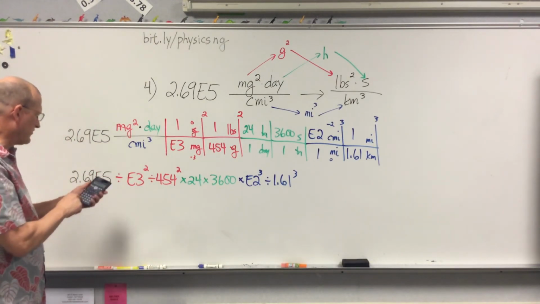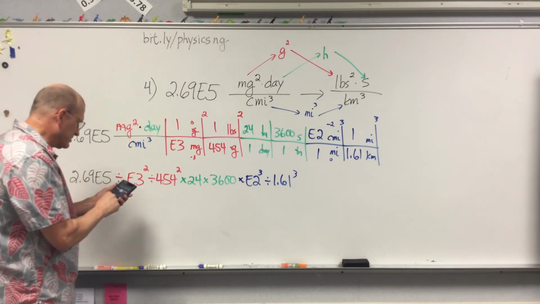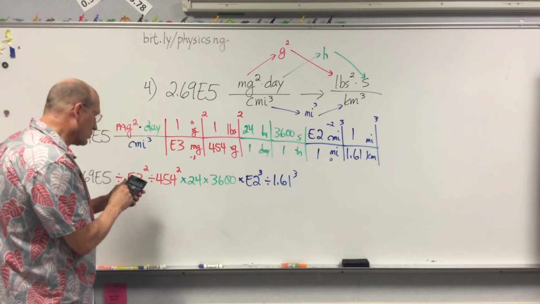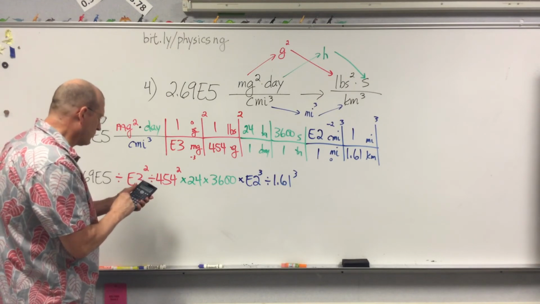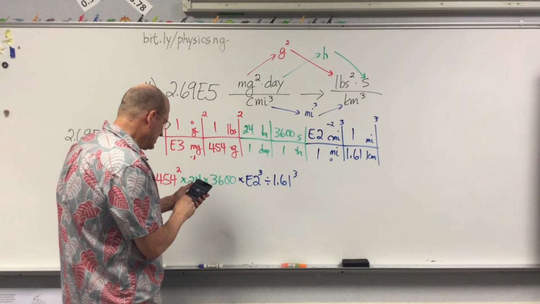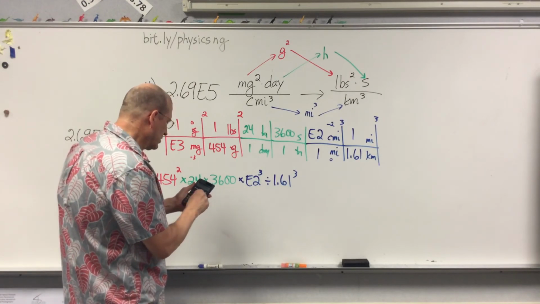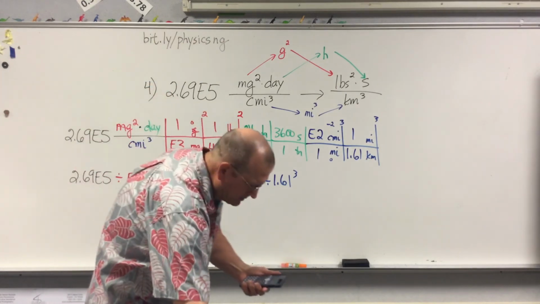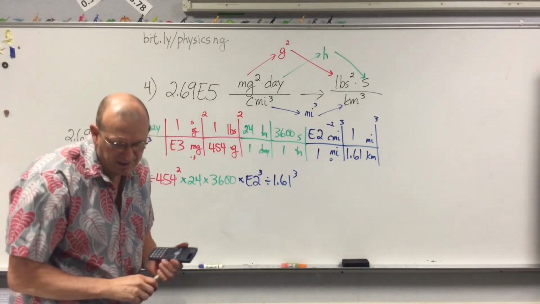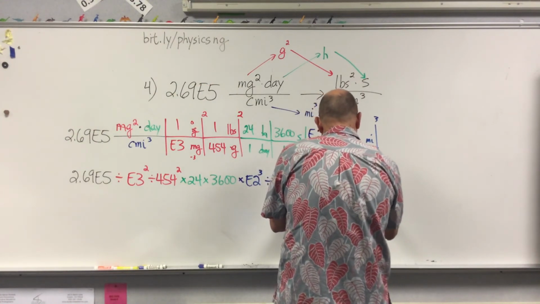So we start with this value, and we divide by E3 squared. Then we divide by 454 squared, times 24, times 3,600, times E2 cubed, divided by 1.61 cubed, and the number that I am getting is 2.70